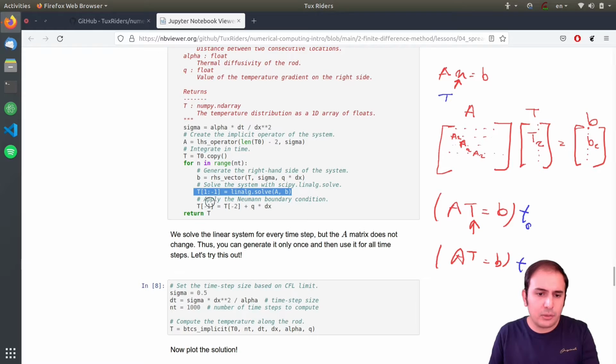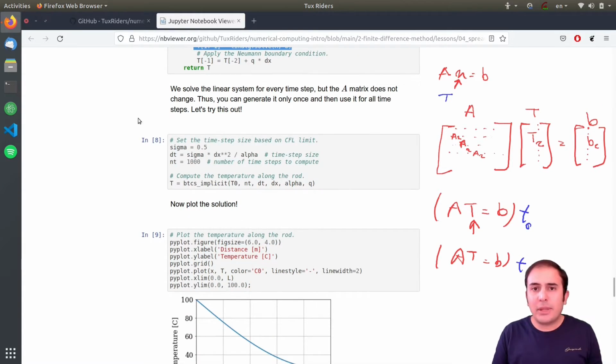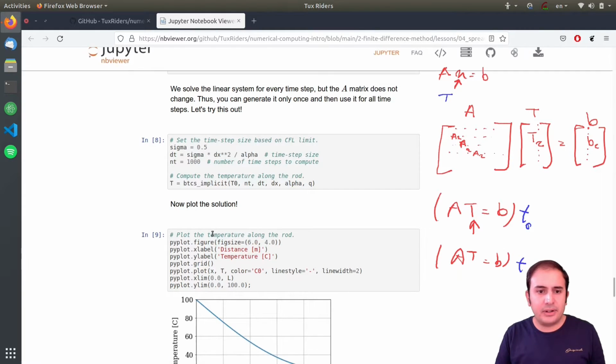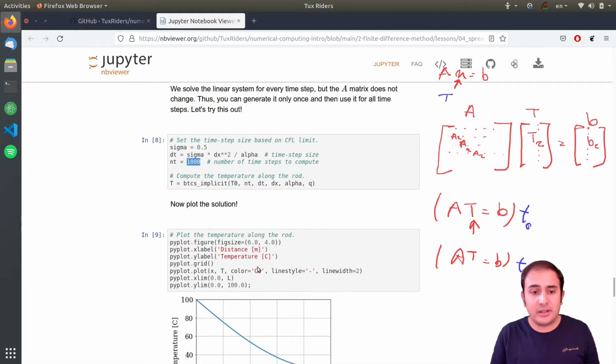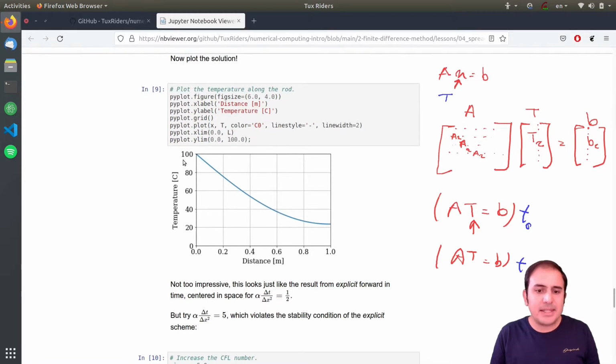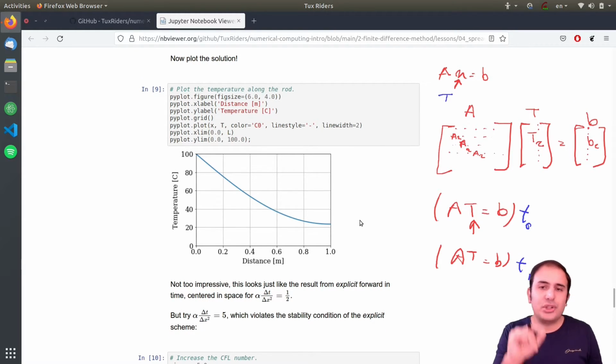Okay, so let's go on. And then we can plot a solution. You can see after, let's say, again, 1,000 time steps, this is exactly the same solution as the explicit solution that we obtained previously. And this is very, very nice that the same problem, with different formulations and different approaches, yields the same